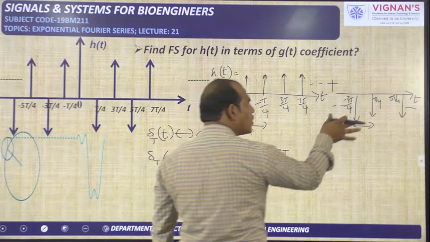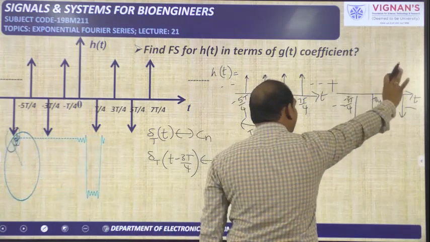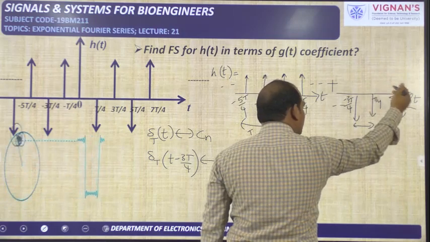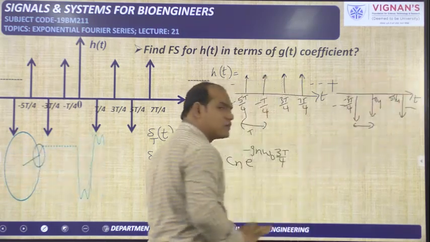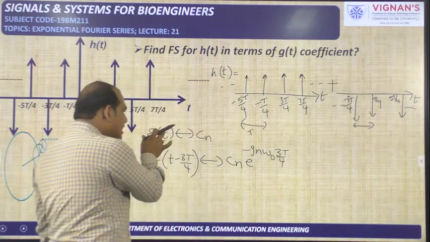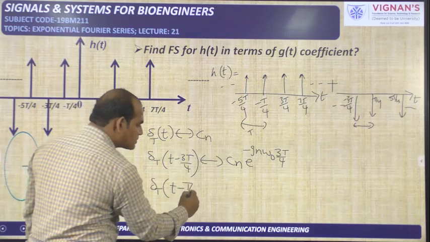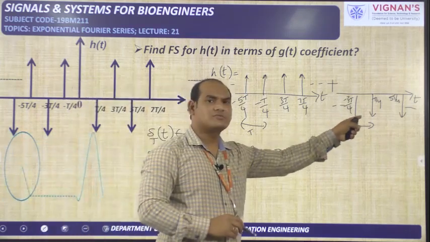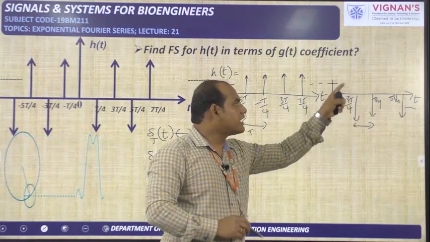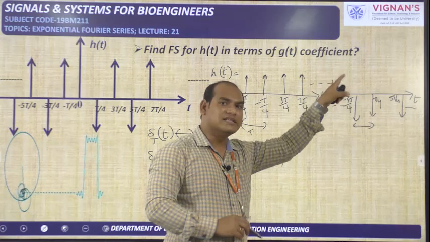For the time being, assume all the impulses are above the x-axis, and those are available at T by 4, 5T by 4, 9T by 4, and 13T by 4, like that. That means the delta T of t signal is shifted to the right side by T by 4 seconds. I am writing this signal in terms of the impulse train signal. So if the impulse train signal is shifted to the right side by capital T by 4, we will get this signal,